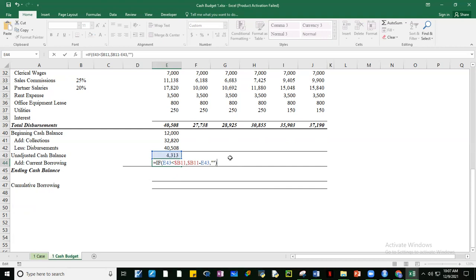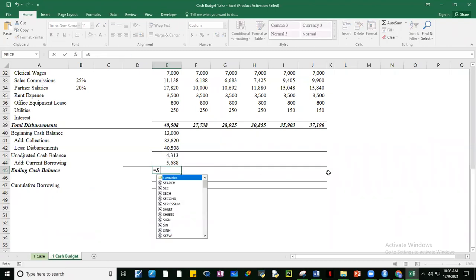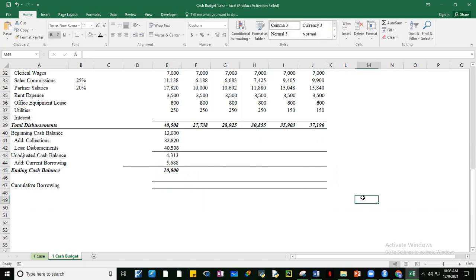Okay, so what's this telling us? If yung unadjusted cash balance is less than 10,000, kailangan tayo humiram. Anong hihiramin? Yung 10,000 minus this one, 4313. Okay? Otherwise, kung mas malaki naman yung unadjusted kaysa dun sa 10,000, wag nahihiram, no? Walang borrowing. Okay, Control Enter. Okay, so true enough, guys, hihiram talaga tayo, no? And then we can copy this to the right. Kasi mamaya na. Okay, so now our adjusted now will be the sum of this one. So sa first month, naging 10,000 na tayo, no?